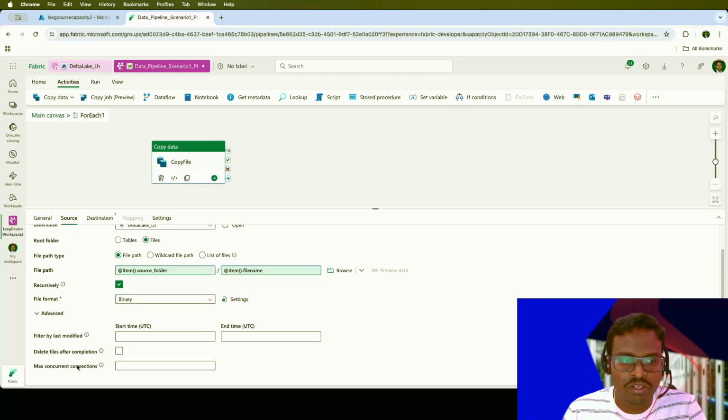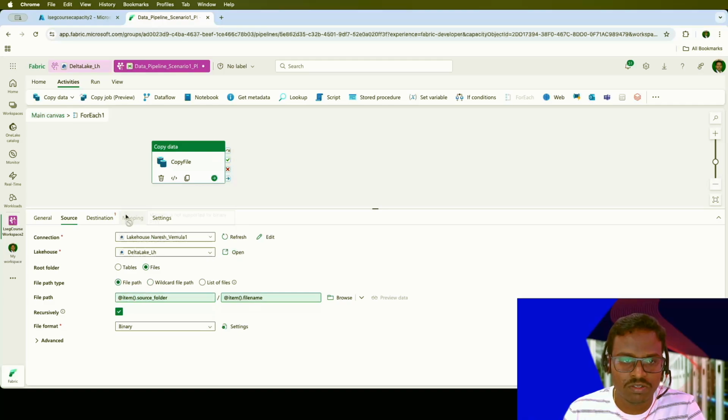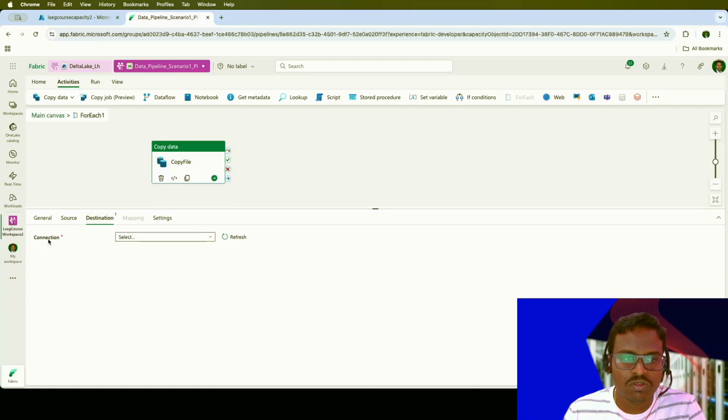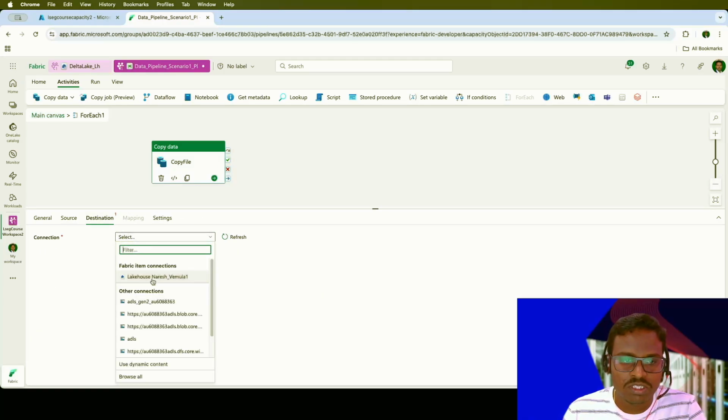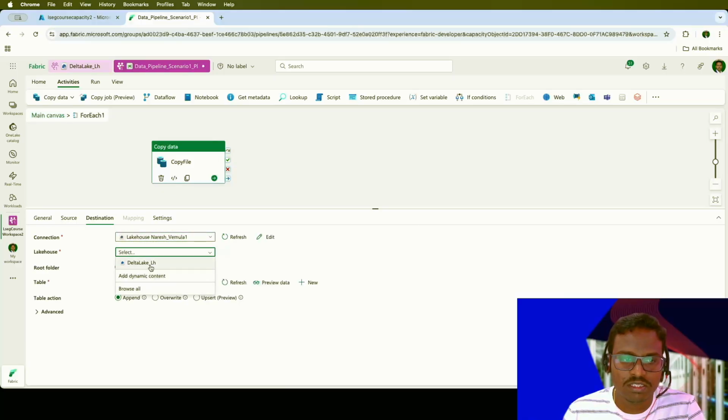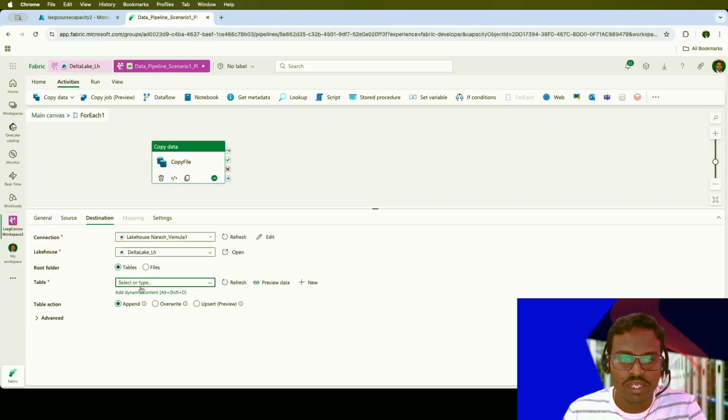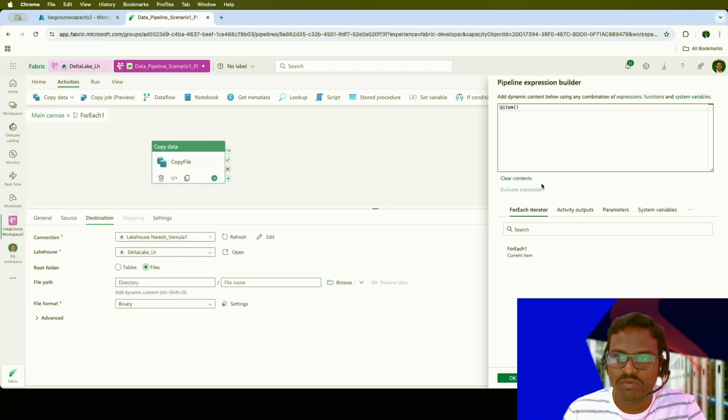And after copying, we want to delete the files. We don't want to retain that in source. That's it with the source. Now let's go to the target. So inside target also we can select this lakehouse and files. And within files, we can select again the for each and the target folder